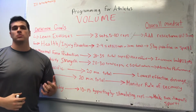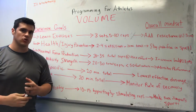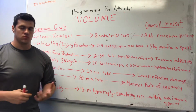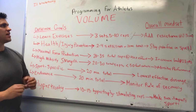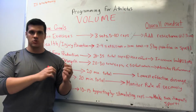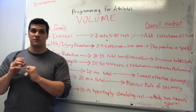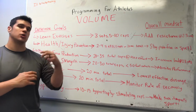An extremely important part of programming for athletes comes down to the actual training volume that you're working with. How many reps you're working with, how heavy should we be going, and how frequently should we be training with athletes. Obviously, the overall mindset here, we want to make sure that there's the lowest effective dosage in training, especially in areas that aren't that impactful for the athletes, and that we're maximizing how much training we can do for